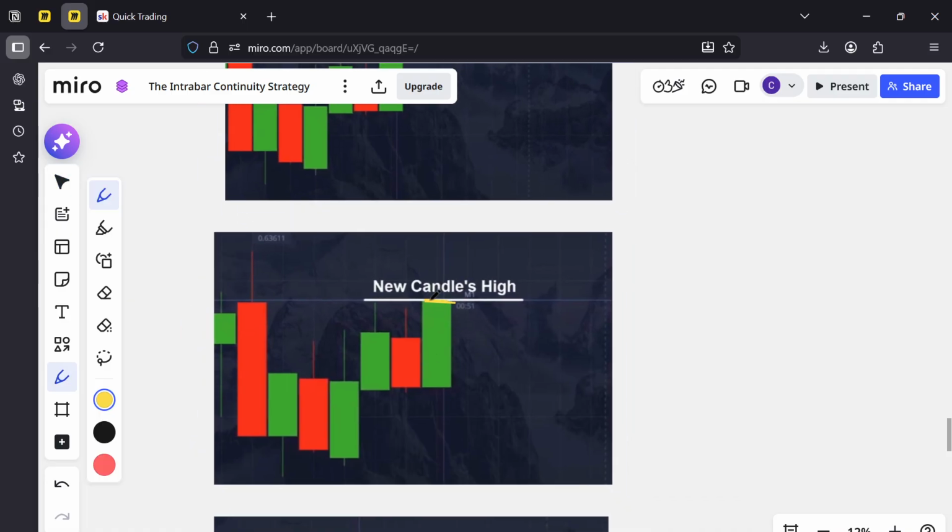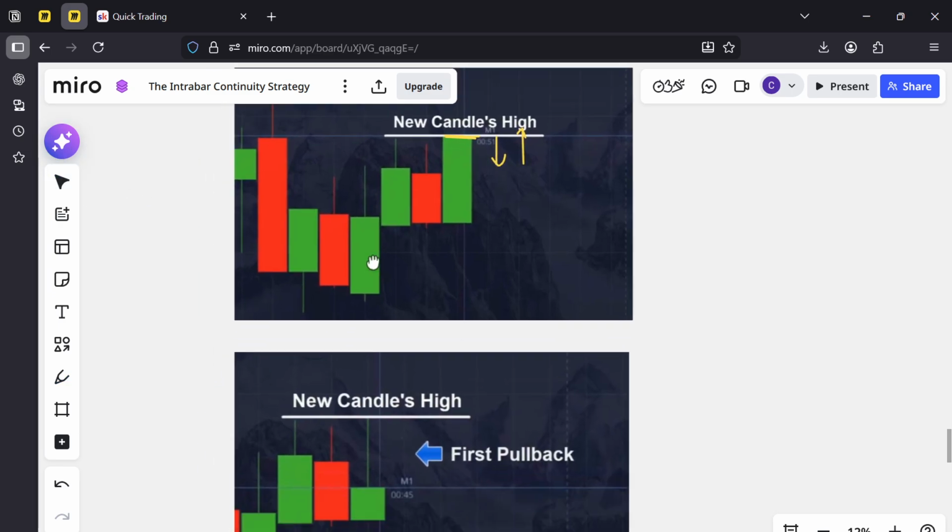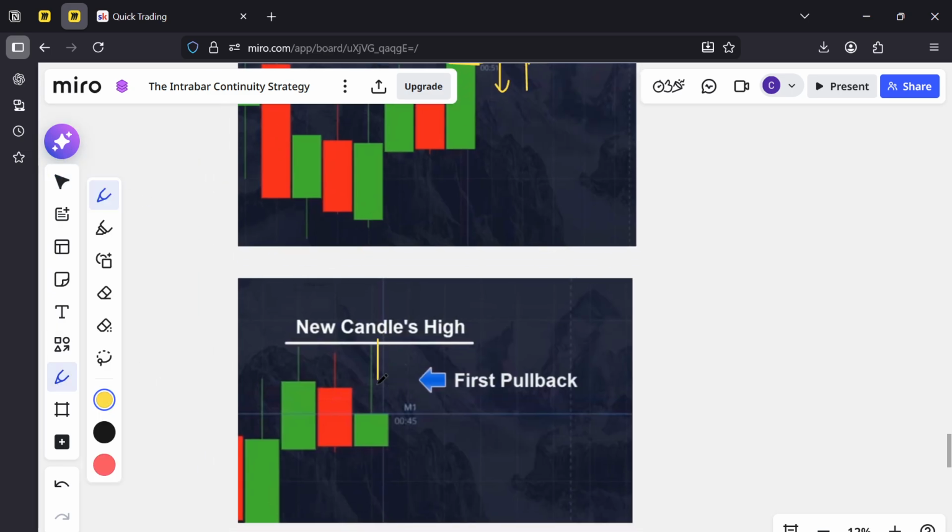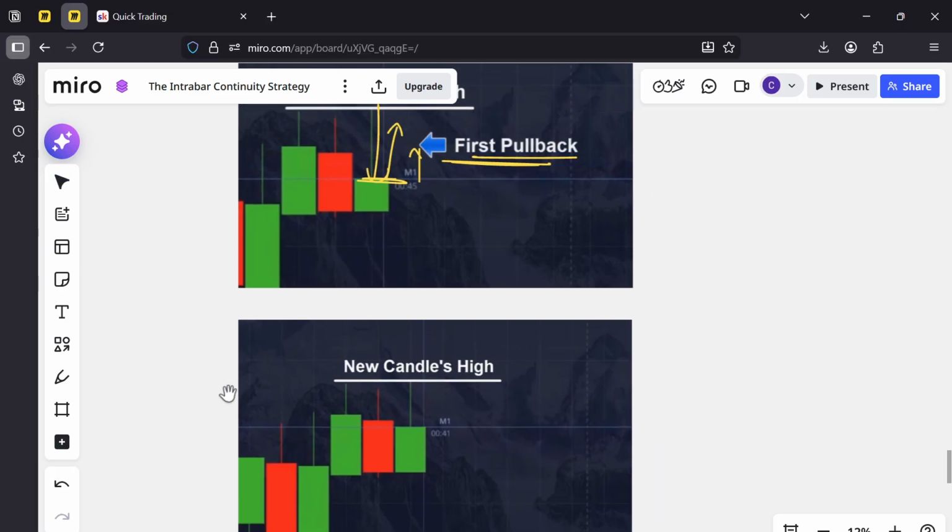Here we go, a brand new candlestick high. Now we're waiting for that pullback, and then we can take the trade to the upside, right? So there we go. There's a very strong pullback, right? The first pullback that we see. So then we will be able to take a 5-second buy over here and ride that move up. And you can see